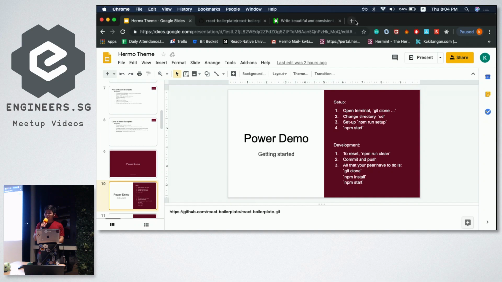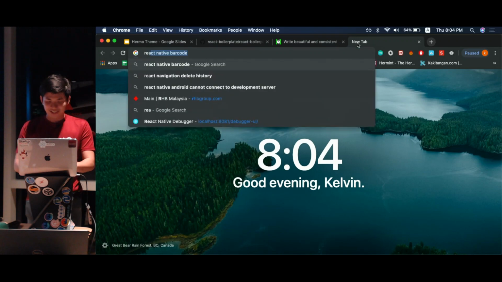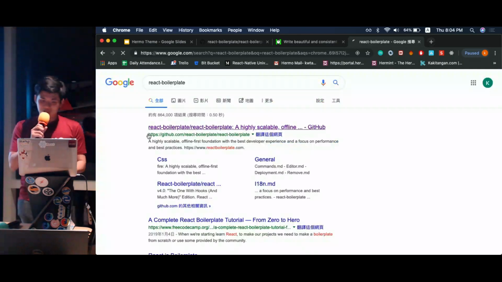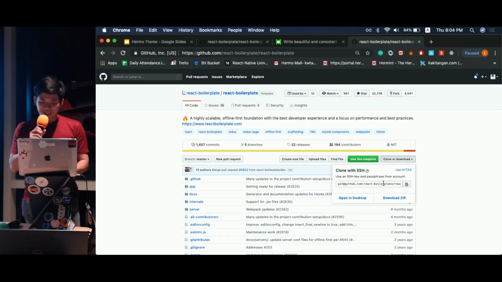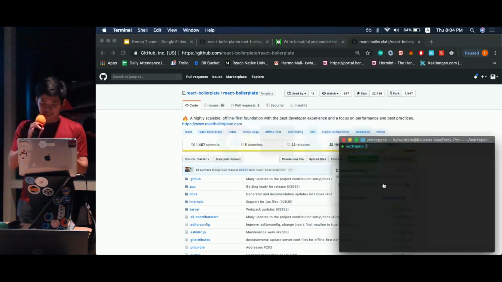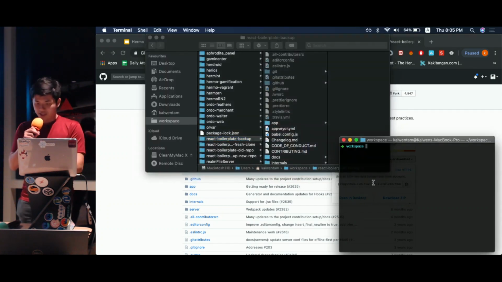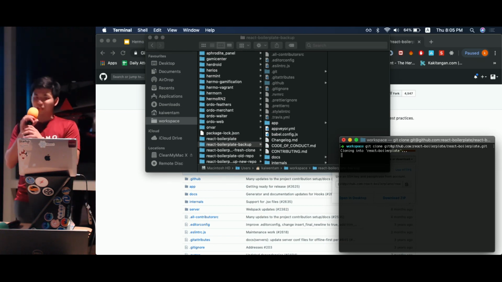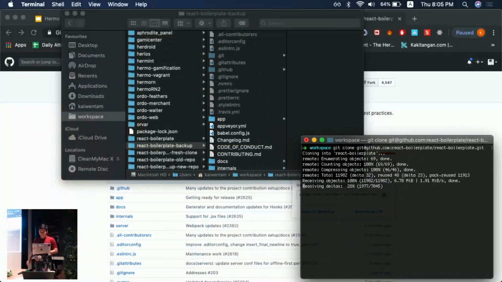So to get started from the ground, go to Google and search. Of course, go to GitHub, and then clone. I think everyone here should know how to do this. Just clone. See, it's actually quite a small package, so it will download in a few seconds. After you have downloaded it,